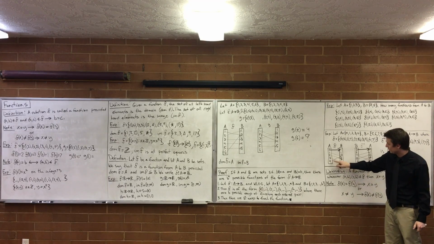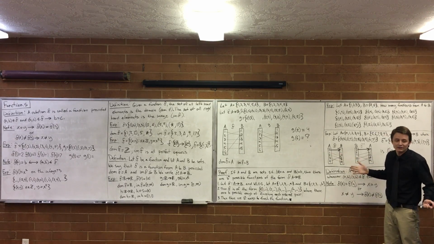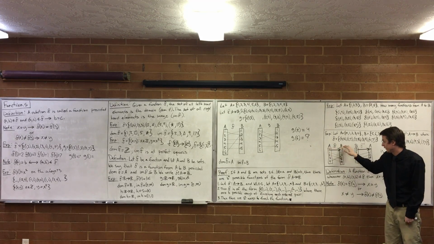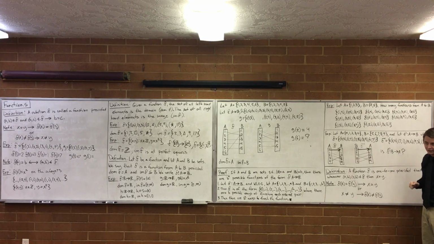So over here, we have 4 goes to 7, 1 goes to 7. That's fine. And we didn't use up all of B. That's fine. This is still a function from A to B. But just because you go and take its inverse doesn't mean you now have a function from B to A. F inverse is not a function from B to A. First off, it's not a function. Second off, it's not from B to A. Two problems. Sometimes it would work, so now the question becomes, what properties does it have to have to work? It has to be a one-to-one function. That's exactly the next definition that we're going to introduce.